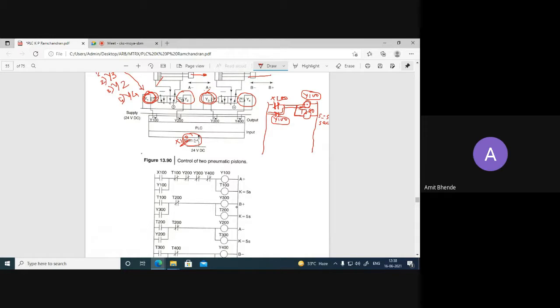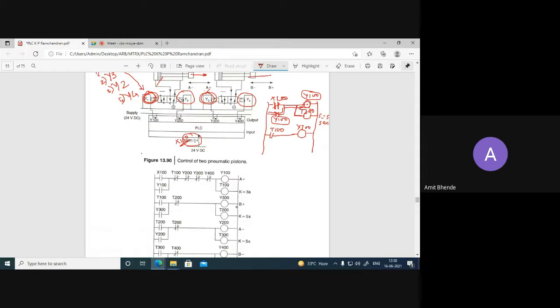So here what we will do, when T100, means after the timer finishes its counting, then we want the extension of cylinder B, and the solenoid which is responsible for extension of cylinder B is Y300.